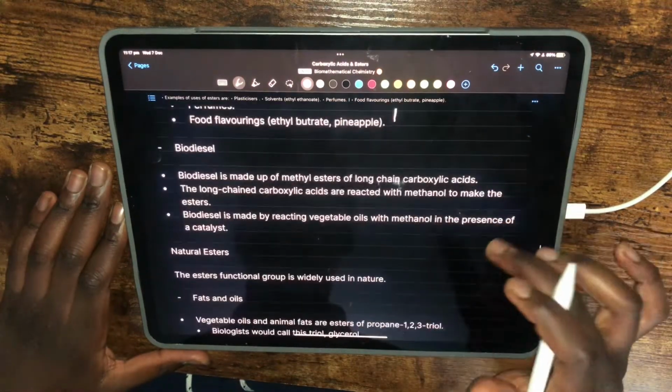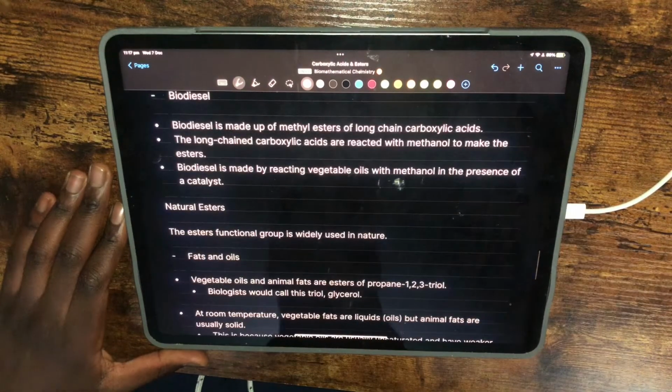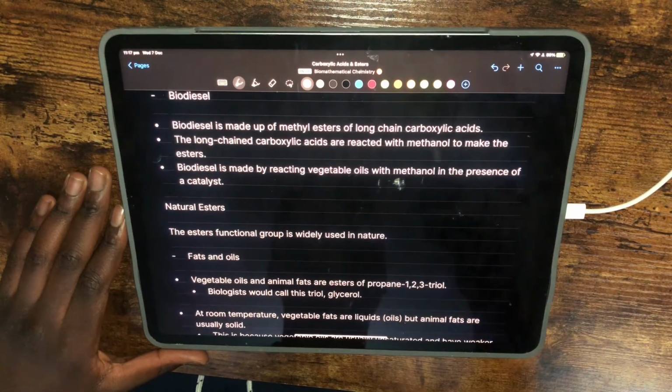Biodiesel. Another thing to know about them is they can be used for biodiesels, which are made up of methyl esters of long-chain carboxylic acids. The long-chain carboxylic acids are reacted with methanol to make the esters. Biodiesel is made by reacting vegetable oil with methanol in the presence of a